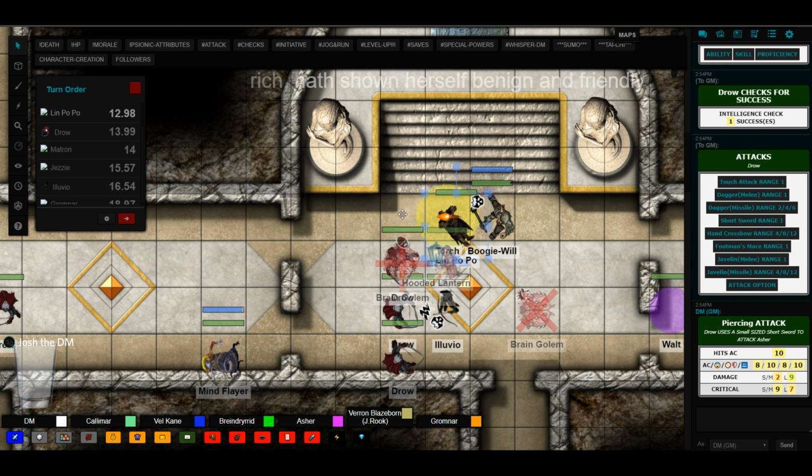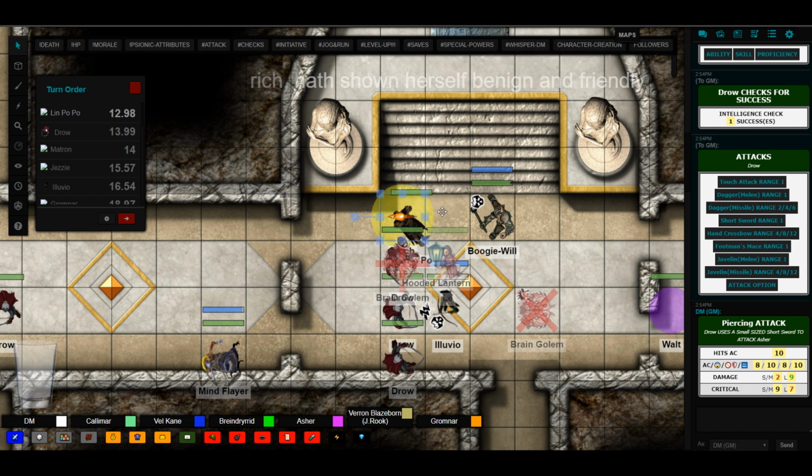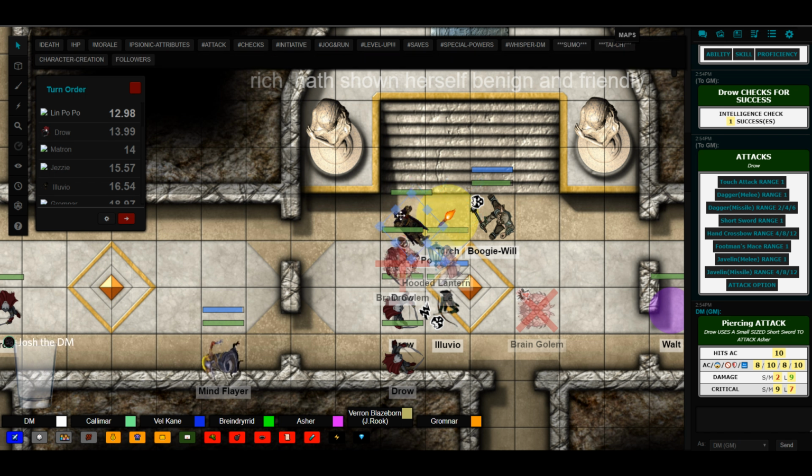Throws the torch down on the floor right here. There we go. Okay. And turns to face Illuvio. And puts his torch hand on that polearm and goes to strike Illuvio. Does Illuvio turn to face him? Turn until he...